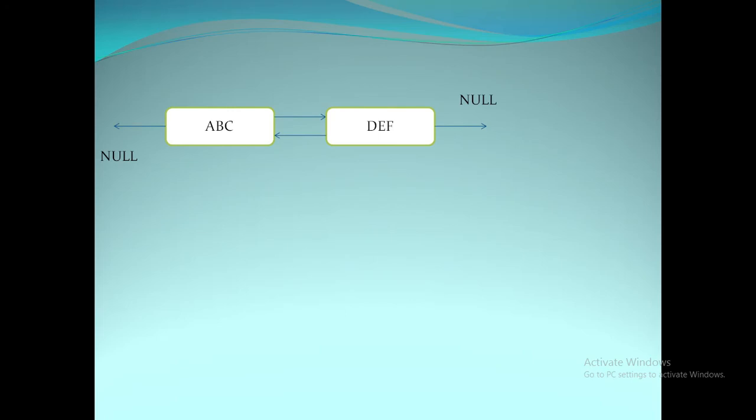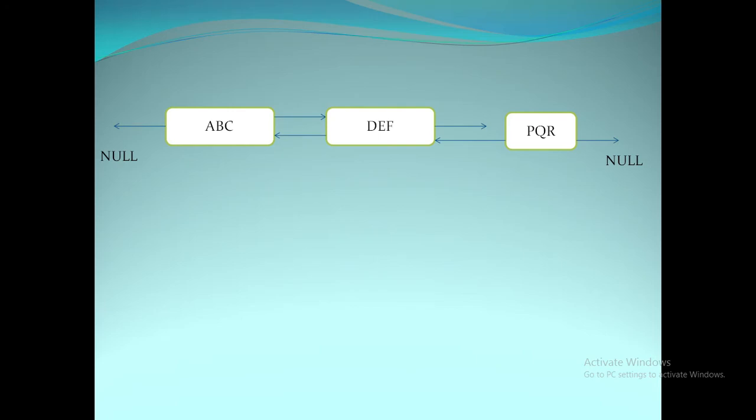Now let's take another example. I want to add PQR here. So what will happen? PQR's previous will point to DEF, then DEF's next will be removed and point to PQR, and PQR's next will point to null. So in this way the whole process will happen. Now you may have a question: yes, we got how to add a new element, but how can we delete, because we have pointers connected to previous and next?